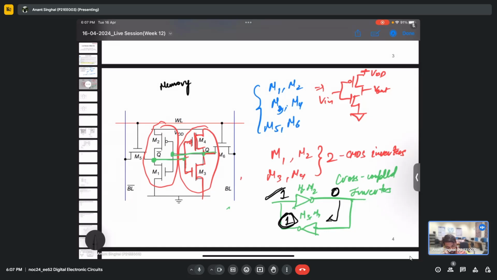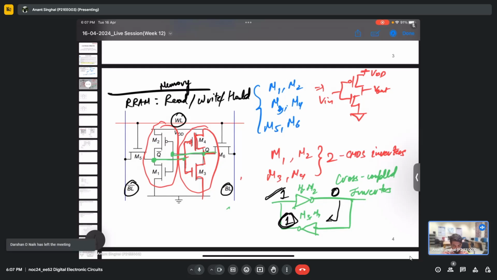Now this particular RAM has a word line. You can see it has a bit line complement and a bit line. I'll be telling more about that. So a basic RAM has three types of operations. One is a read operation, second is a write operation, and one is a hold operation. I'll be telling very briefly how the hold operation works